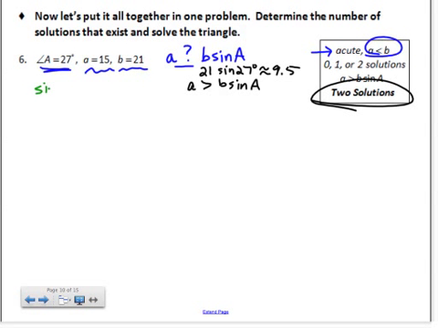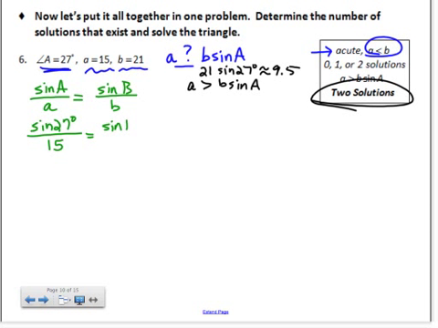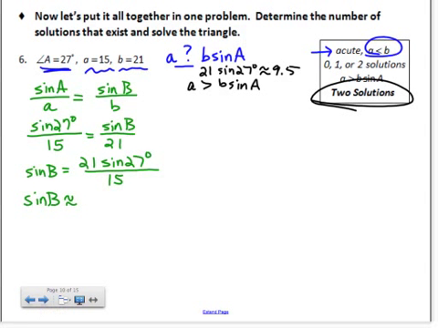So first we're going to use the stuff that we know, the matchy-matchies. Sine A over little a equals sine of big B over little b. And why do you think we put the angles on top? Because I'm looking for the angle B. Cool. Okay. So we've got sine of 27 over 15 equals the sine of big B over 21. So the sine of big B equals 21 sine of 27 degrees over 15. So sine of big B equals approximately